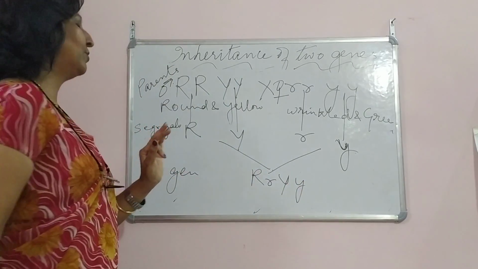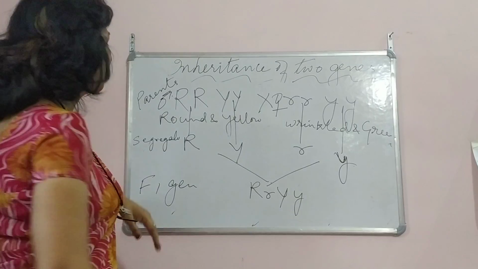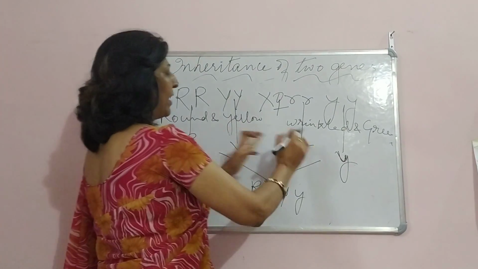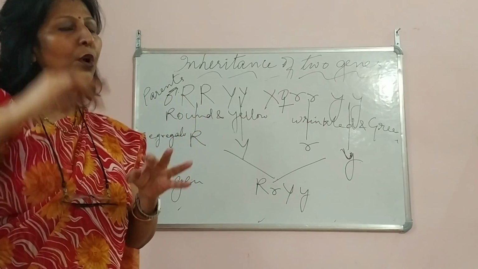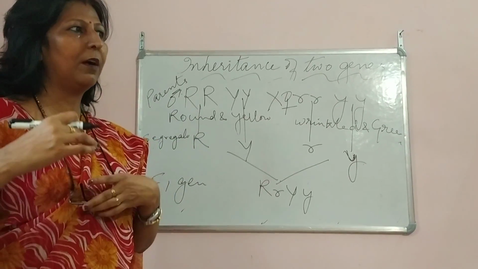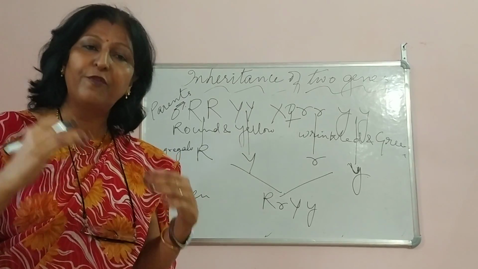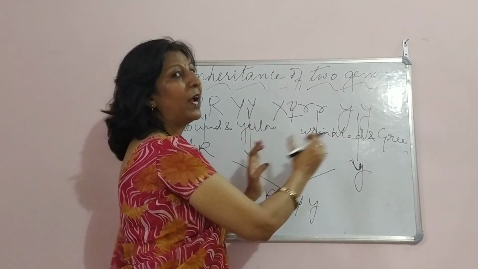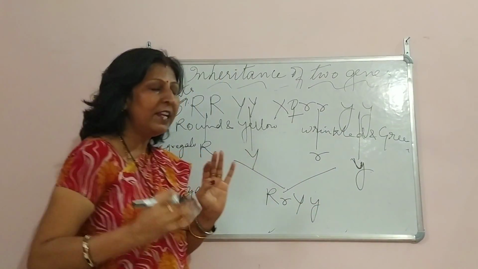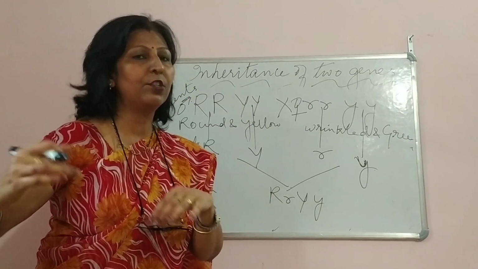Now children, through my experience I tell you, many of the time children get confused and they ask me, ma'am, why it's not capital R, capital Y, small r, small y? Yeah, you can write. But then it's a little difficult for you when you do not know more about it. Okay, so you will get confused faster. So what you do is, you write the shape together and you write the color together, so that it's easier for you to come to a conclusion that which dominant character will be expressed.